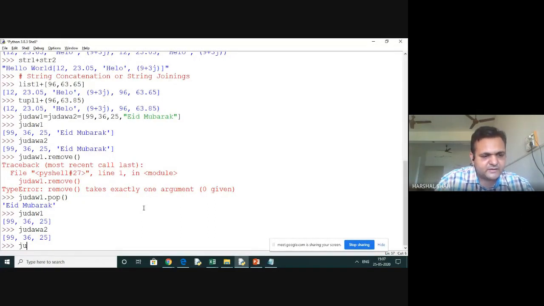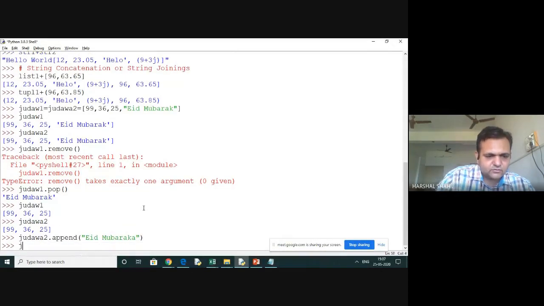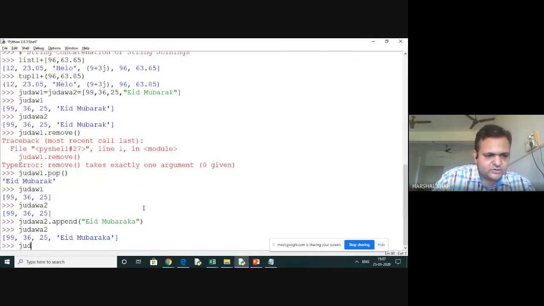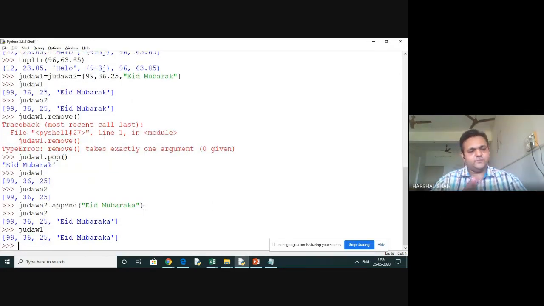Now we add it back, through this. We can use the append function and make it again. It has been added, you can see it has been added. Oh, it will be updated here too.